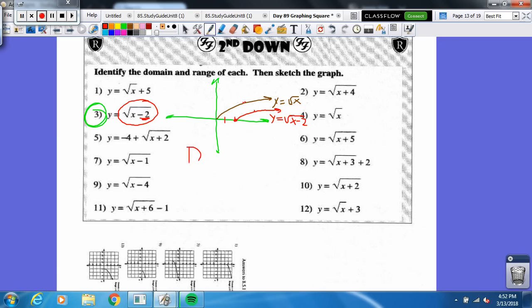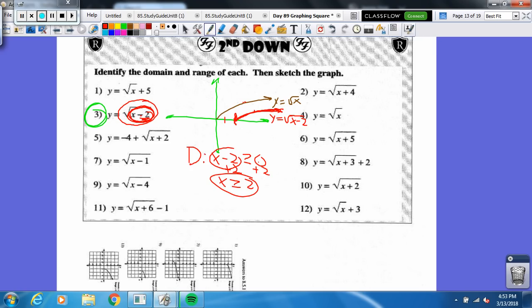So my domain, how do I find the domain? Well, I can look at the picture. I can also do this. Without even drawing the picture, everything in here has to be greater than or equal to 0, because you cannot have a negative inside the radical. So all I do is I solve this, and x is greater than or equal to 2. Boom. And right here, you can see x is greater than or equal to 2. So anything greater than 2